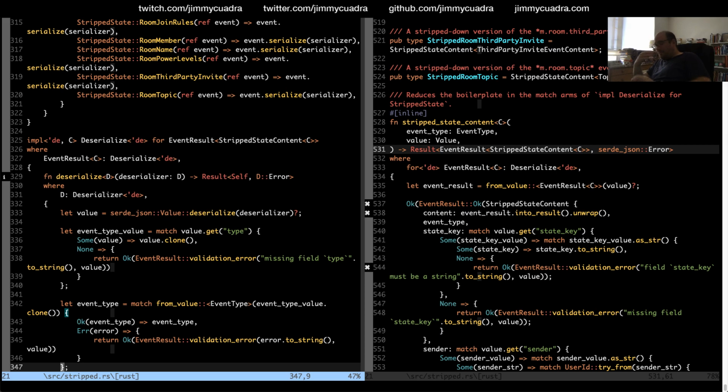It needs to be wrapped in that enum. I think it's having trouble with the generic return value, which is interesting.